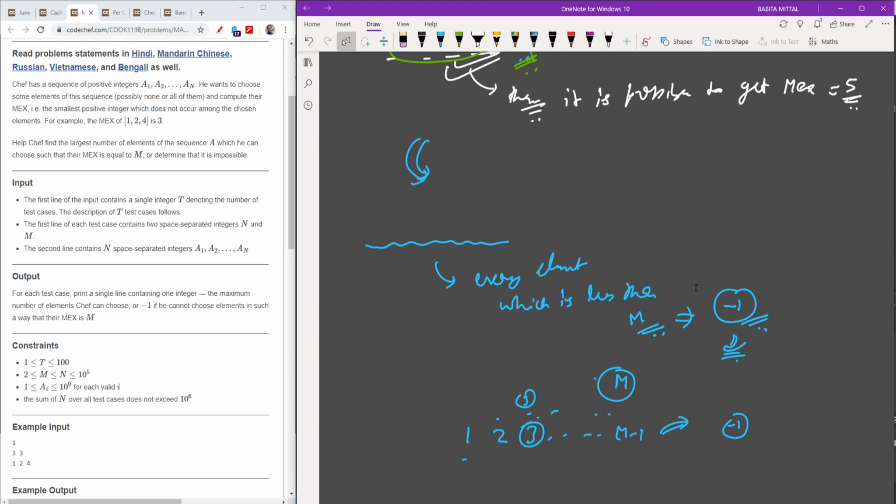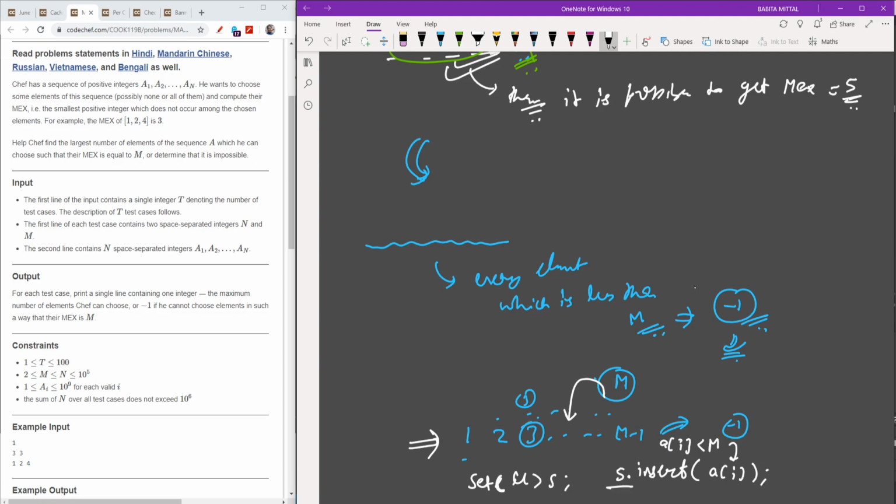To check the condition which I showed here, I will use a set and name it S, and I will insert all the elements which are smaller than m in my set. Suppose ai is less than m, I will push ai.